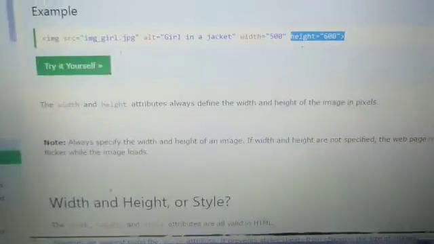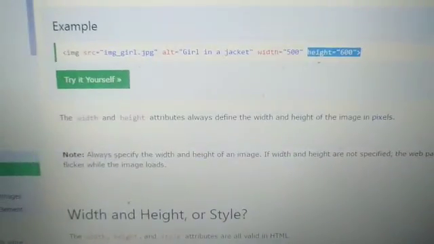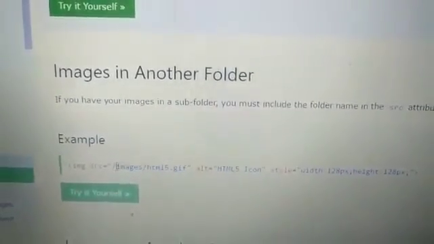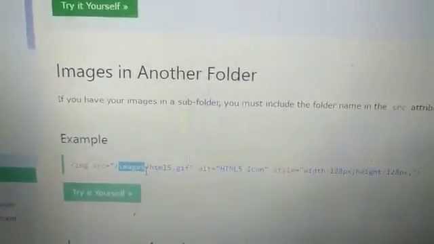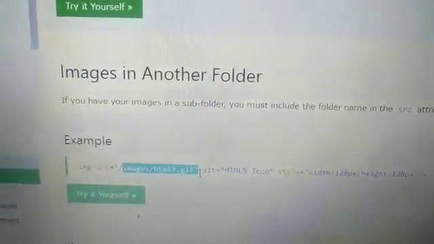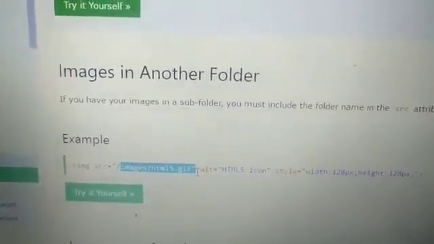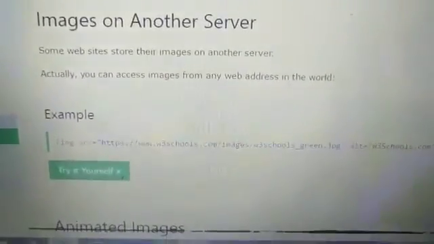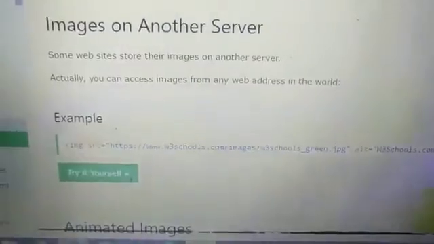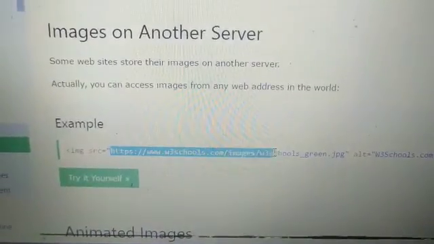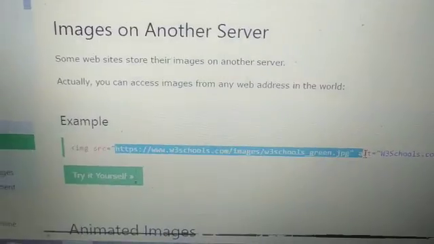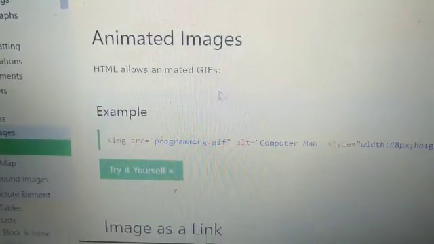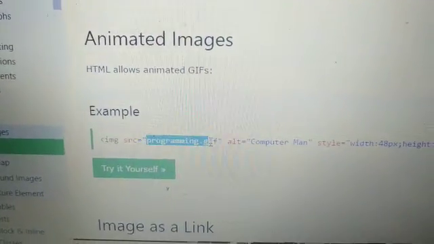Now next we have to know about this src URL path, that is the pathway. I am talking about the URL. This is C. In the C drive I have kept an image folder, and under the image folder I have saved an image whose name is html15.gif. This is the image name. In this way you can give it, or from another server, from another website, you can directly give the website link where the image actually is, or normally just the image's name you can incorporate.